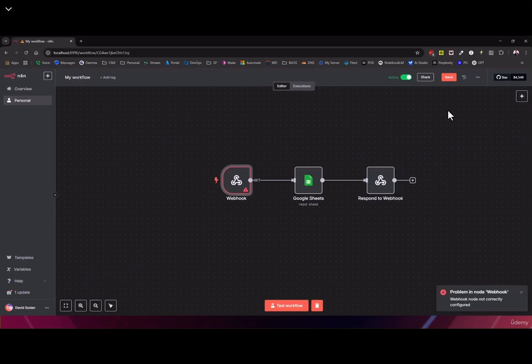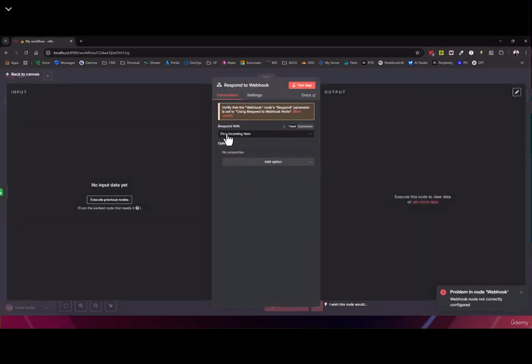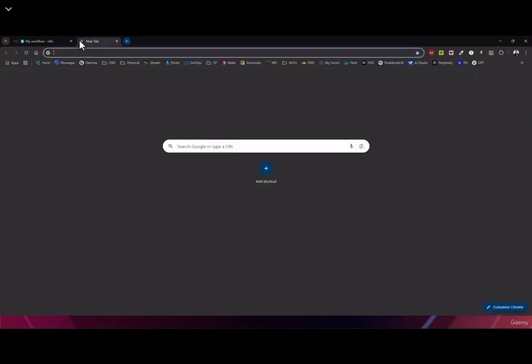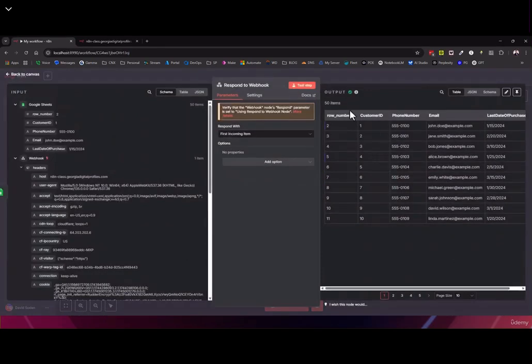Because if what you're expecting to see, and by the way, make sure you click save because I made a change, is all of the rows returned, we're not. We're only going to get the first row. And why? Because respond with first incoming item, and that's why. So again, if your expectation is that you're going to see this respond with all of the rows, and I'll make it more pretty printed, we're only getting the first row. And you're getting frustrated because you're like, oh my God, where's the rest of my data? So go here. If you think you're going to get all of this, then you just need to change it to all incoming items. I made a change, come back out, click save, and now when we hit the refresh,